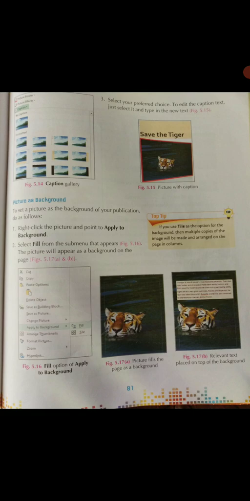Now we will move to another topic, that is pictures as background. Before starting this topic, firstly you must know about background and foreground. What is the main difference between background and foreground?